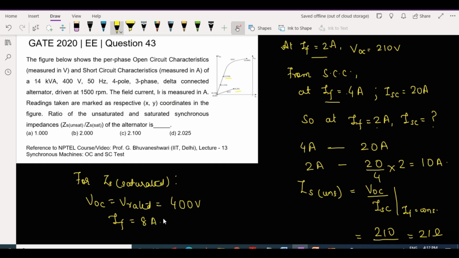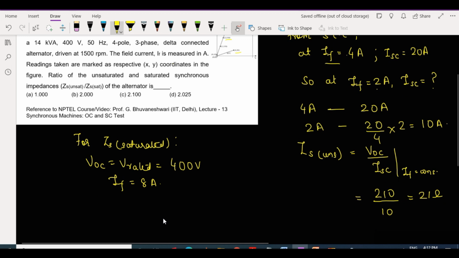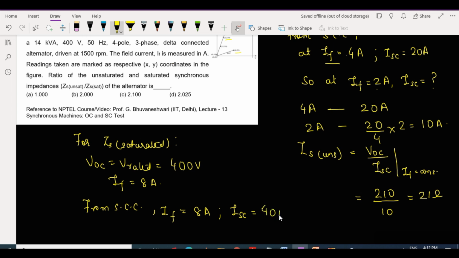So from the short circuit characteristics, when IF is equal to 8 amperes, as we have calculated ISC before, we can similarly find out ISC comes out to be 40 amperes. So ZS saturated will be equal to 400 divided by 40, that is equal to 10 ohms.